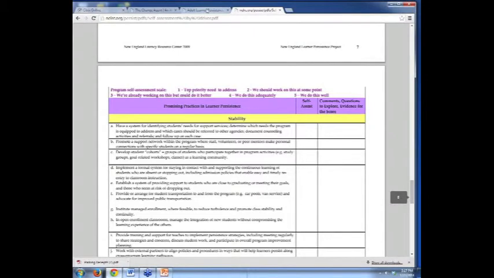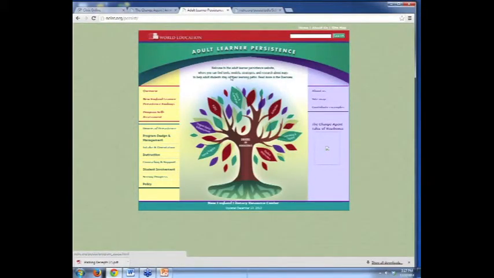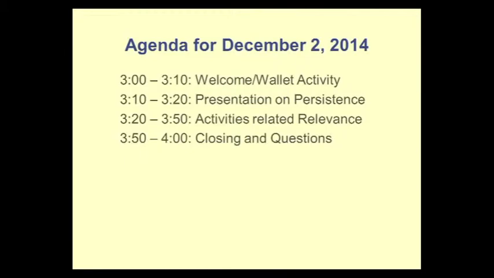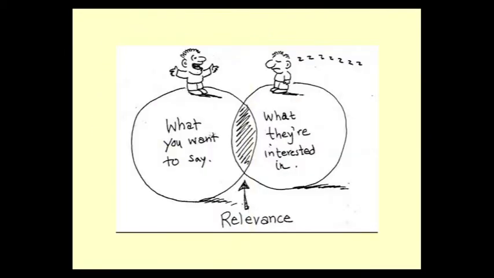Okay, and then if you have time to peruse this website, you'll see lots of different strategies. You'll see the research documents that back up those strategies. You can read in more depth about them that way, and it's a very rich resource. So I want to just kind of launch that at you and let you come back to that whenever the time is right. And what I want to grab your attention for in this webinar is the relevance strategy. So let me scroll forward to that, and I found this great cartoon.